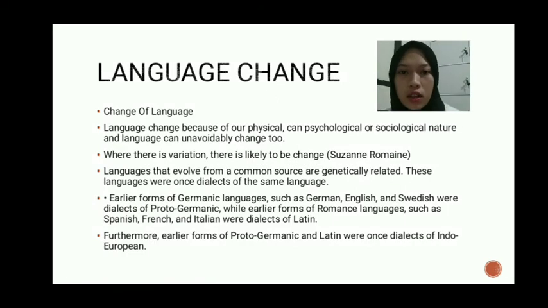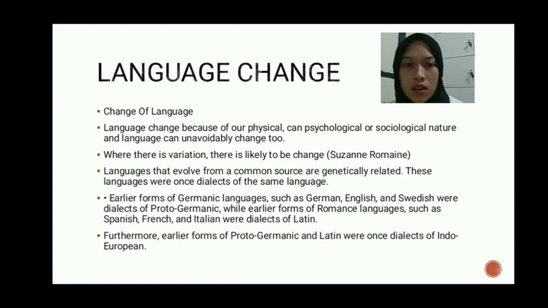Language change. Language changes because of our physical, psychological, or sociological nature, and languages inevitably change. Where there is variation, there is likely to be change, as Suzanne Romaine said. Languages that evolve from a common source are genetically related. These languages were once dialects of the same language. Earlier forms of Germanic languages, such as German, English, and Swedish, were dialects of Proto-Germanic, while earlier forms of Romance languages